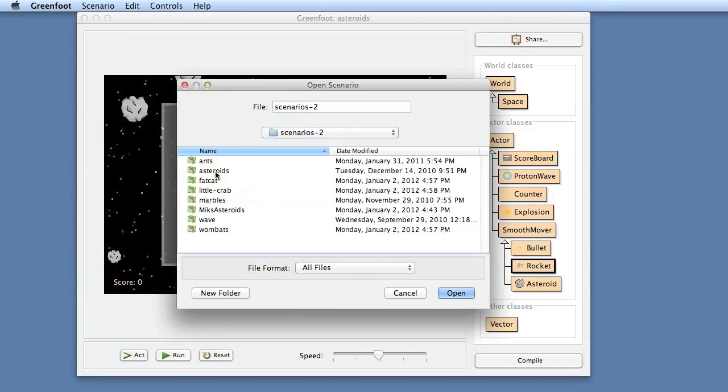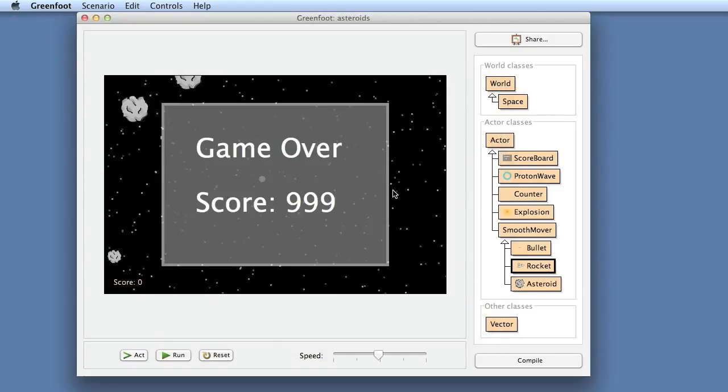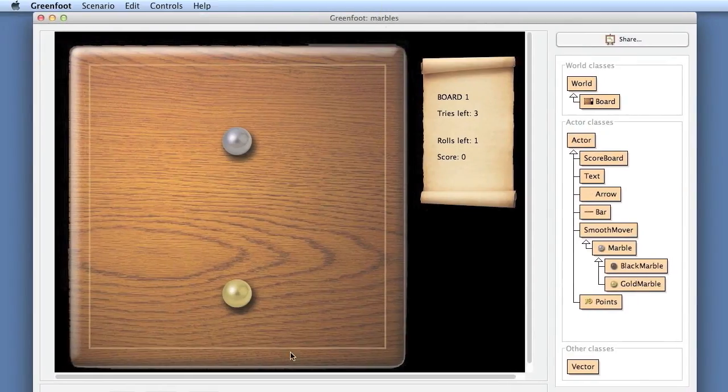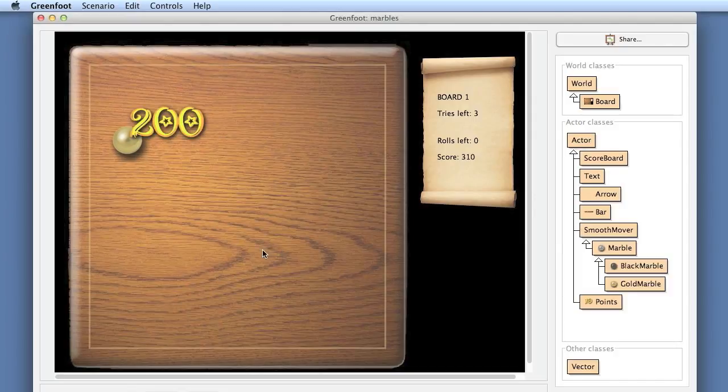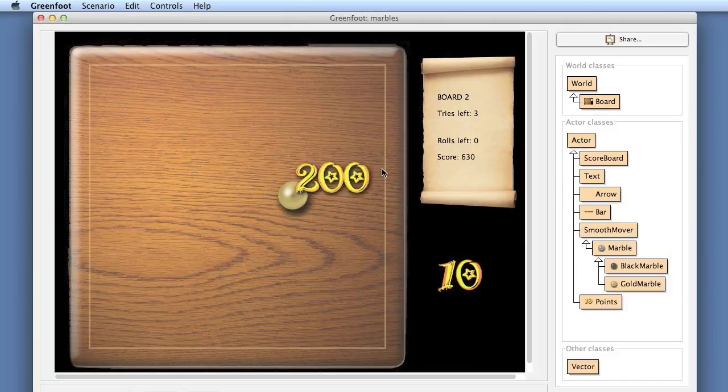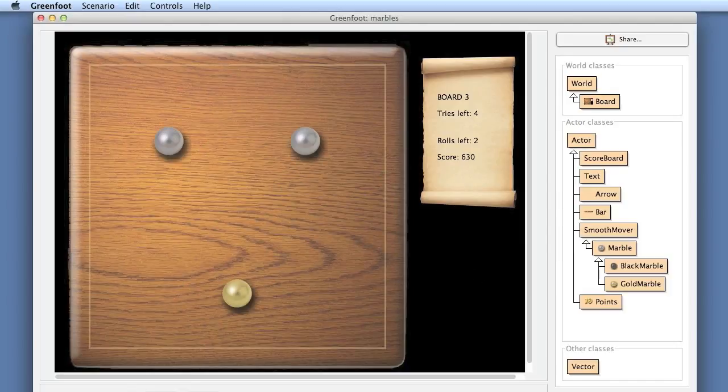Go back to this folder. The marbles example is another computer game, a very simple one, but quite nice looking. So if I run this example, what I do here is I can drag this to shoot with my gold marble and shoot all the grey ones off the board. So this is already a fairly sophisticated game. A little effort goes into writing something like this. That is enough of this, but this is just to give you a sense of what kinds of things you can